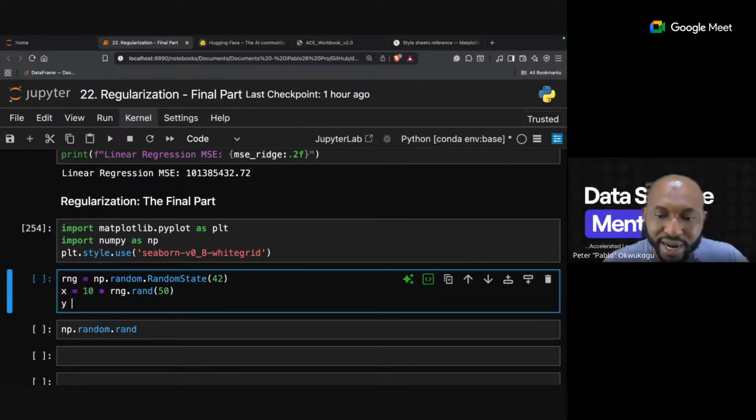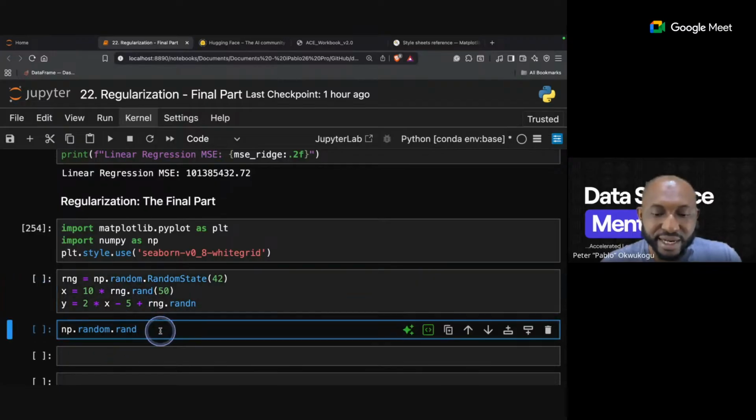Then I'll create y. I'll call this 2 times x, so I'm doubling the way this is going to look. At that point, you can see that it will start growing in that way. So I'll say 2 times this, plus RNG.randn.